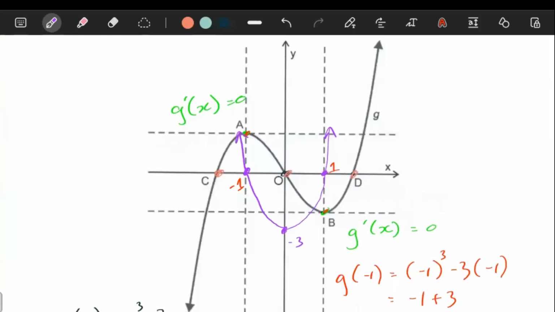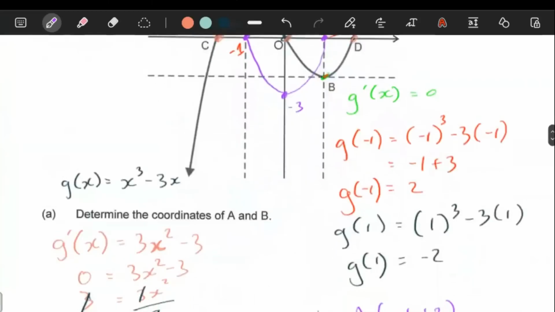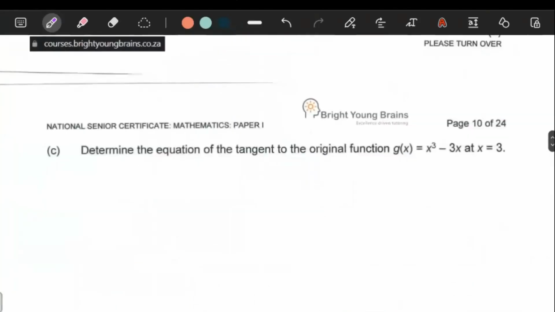Let's see. So this is okay. This is okay. Nothing crazy, nothing major. Let's move on. C says, determine the equation of the tangent to the original function